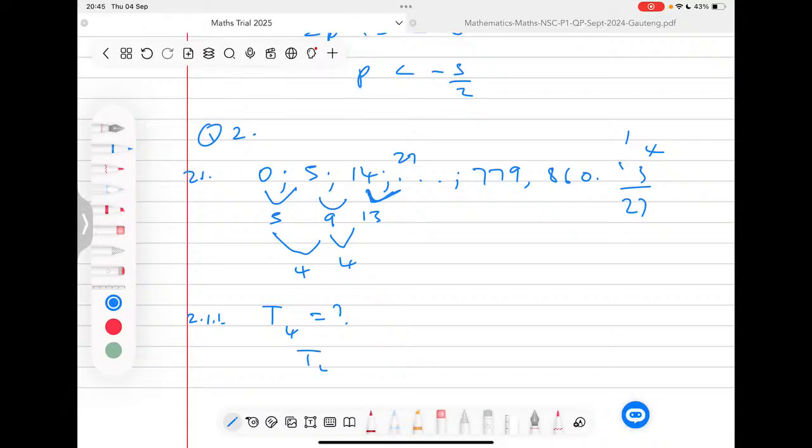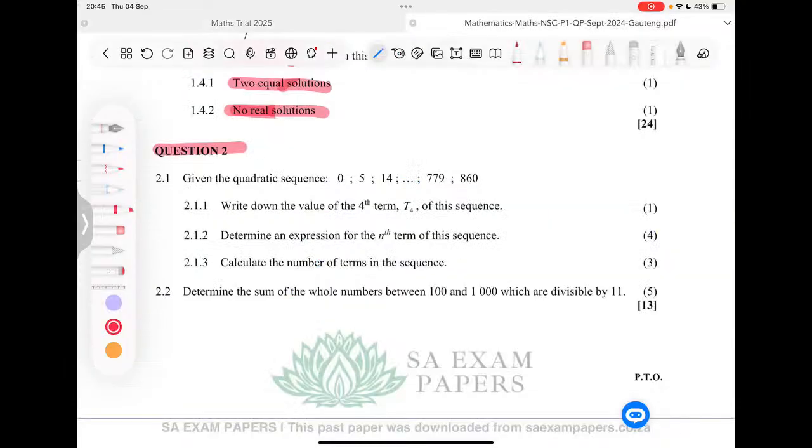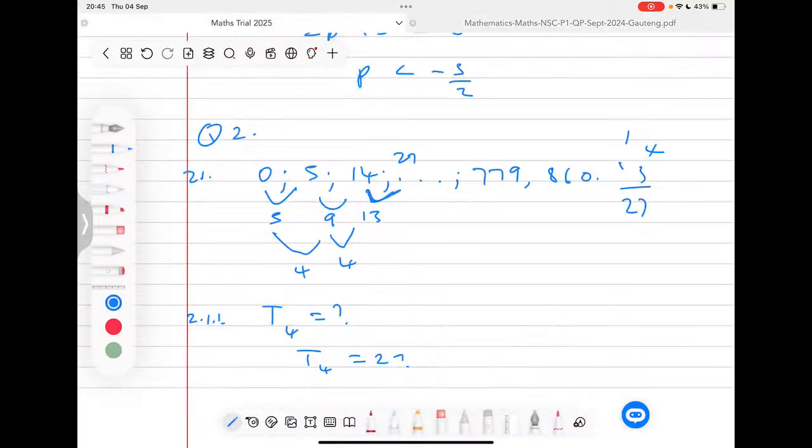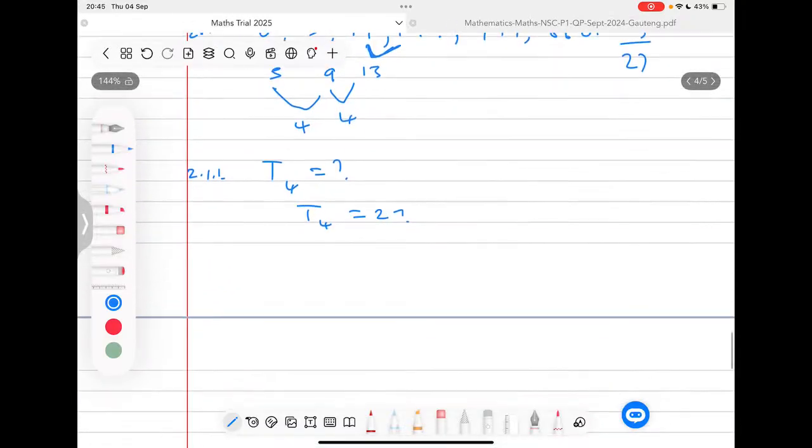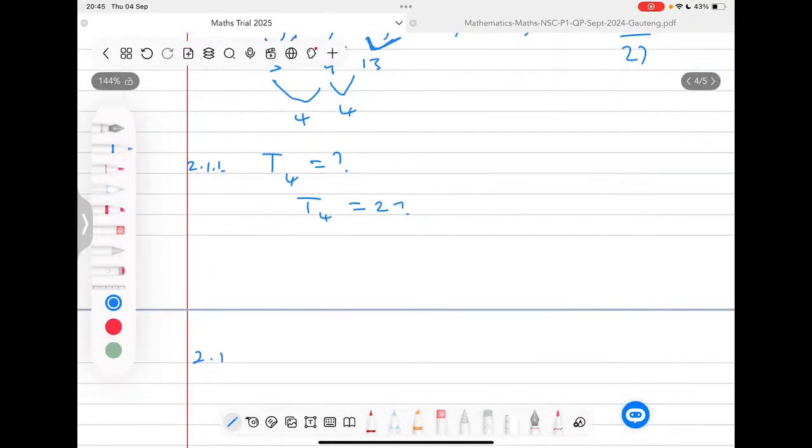So we're really not doing any calculation here. Even the question said, write down the fourth term. So you just literally write down the fourth term. Now moving along to question 1.1.2,